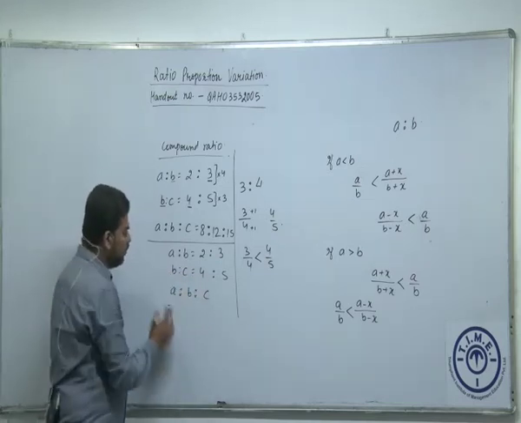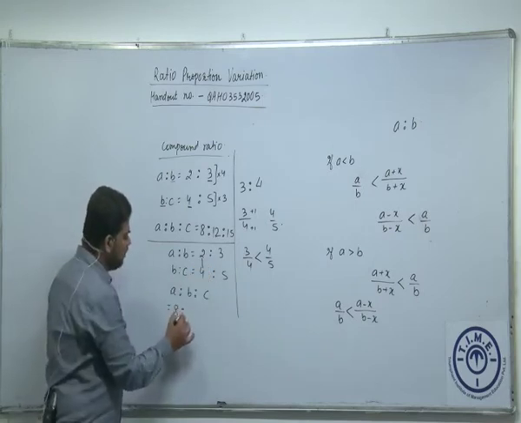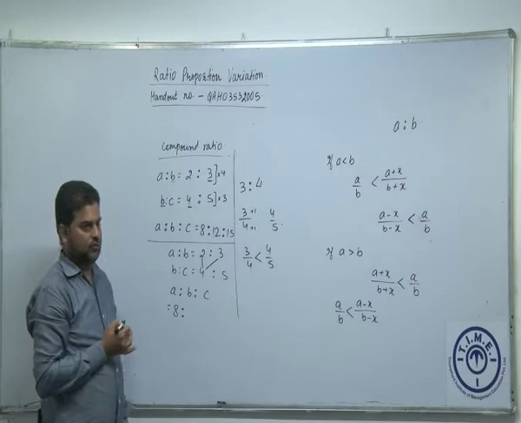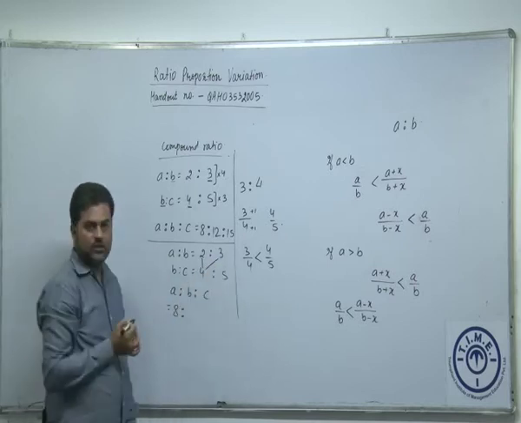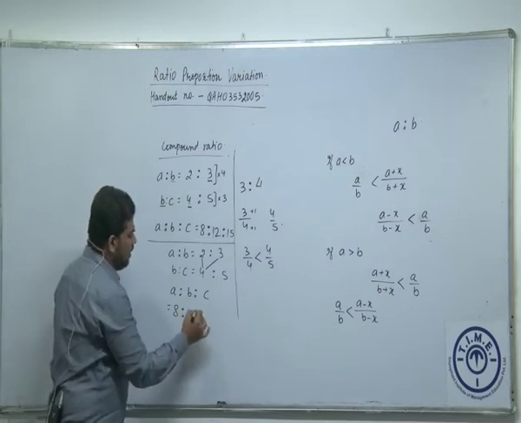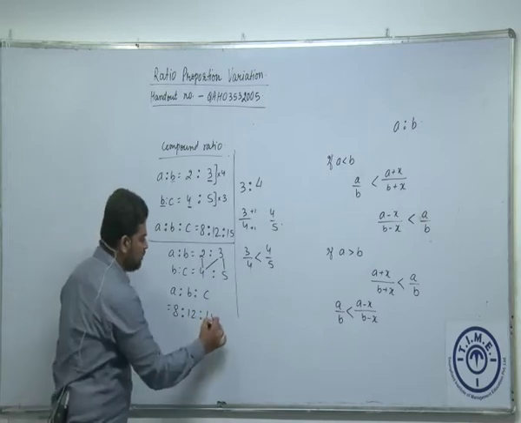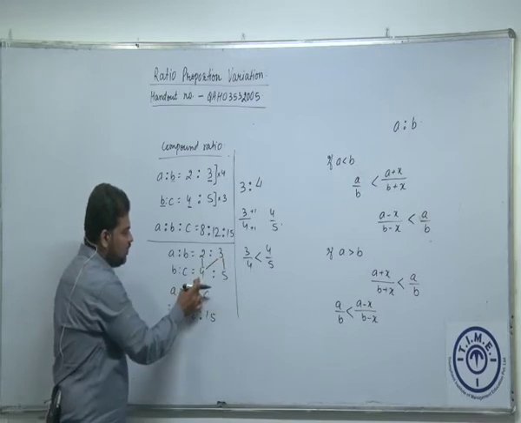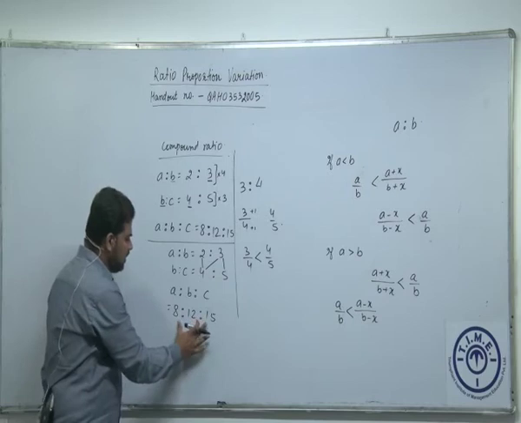is to C. What you do is just multiply the first parts, 2 into 4, which is 8. Then multiply the second ratio point of the first ratio with the first ratio point of the second ratio. So basically crisscross multiplication here. So 3 into 4, what is it? It is 12. And for C, you multiply these two parts. So 3 into 5, which is 15. So this into this gives you the first part, this into this gives you the second part, this into this gives you the third part. So we can easily get this.